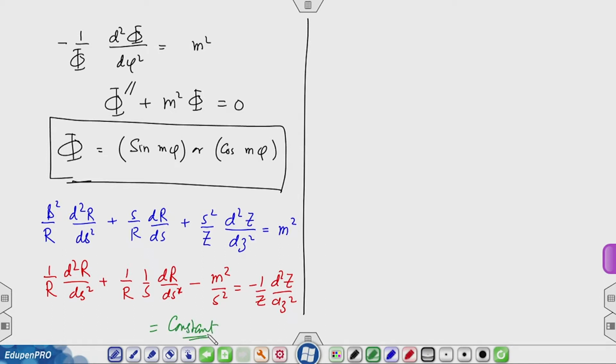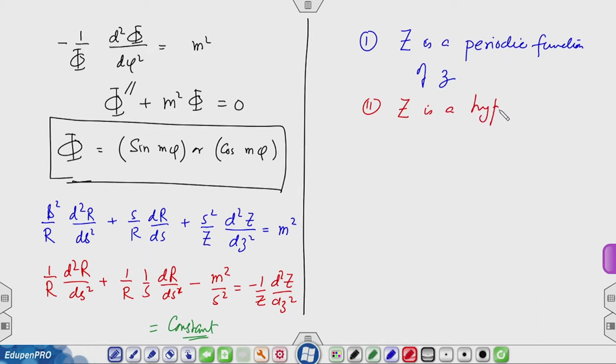Now, there are two possibilities. One is Z is a periodic function of z. And the other possibility is Z is a hyperbolic function of z. We can consider both cases, but for the time being I am going to consider the second case, and that is I am going to take Z as a hyperbolic function,